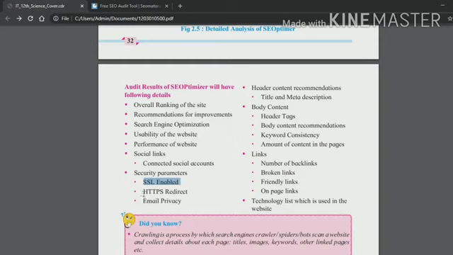Then it tells about HTTPS redirects, email privacy. Then it also tells us header content recommendations, title and meta description, then body content which has header tags, body content recommendations, keyword consistency, amount of content in the pages, etc.